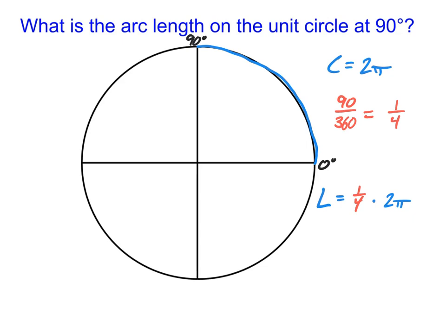So let's see here. In order to make that a fraction, let's make the 2 pi also into a fraction. That'll make multiplying the fractions easier. So anytime you want to make something into a fraction, remember you can write it over 1 if it's a whole number like this. So it's going to be 2 pi over 1. And then I can multiply the fractions, because to multiply fractions, I go straight across the top and straight across